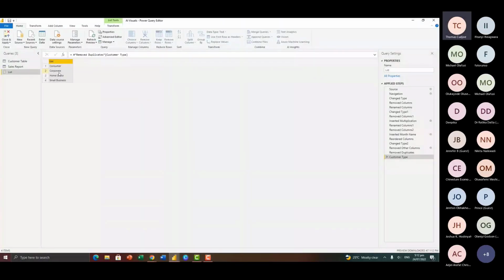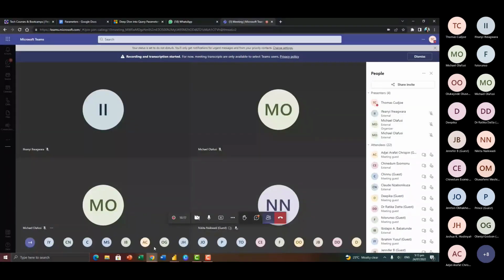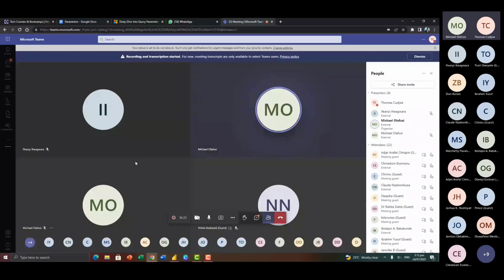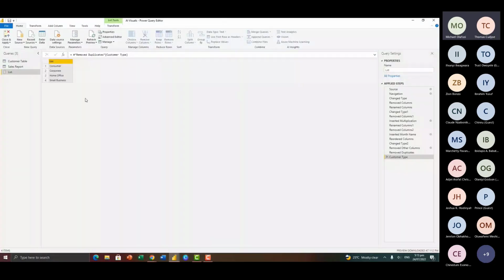Is it okay now? I think so, but if you go back to the Power Query and go back to where you are, maybe we'll check. But I think it will, since you're sharing your entire screen now.